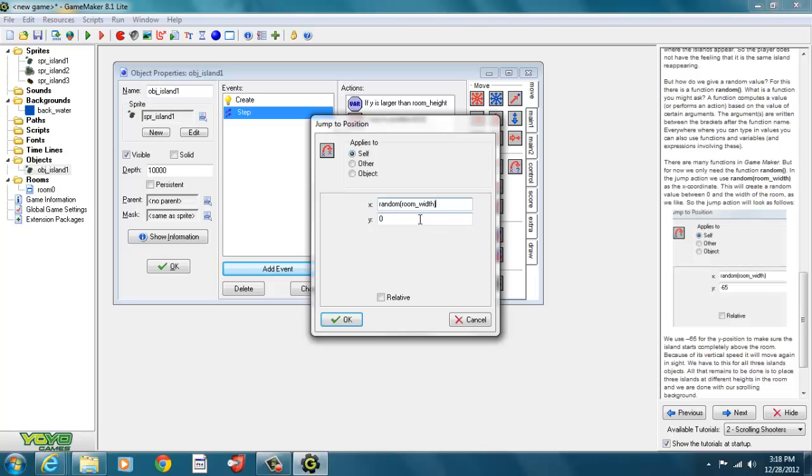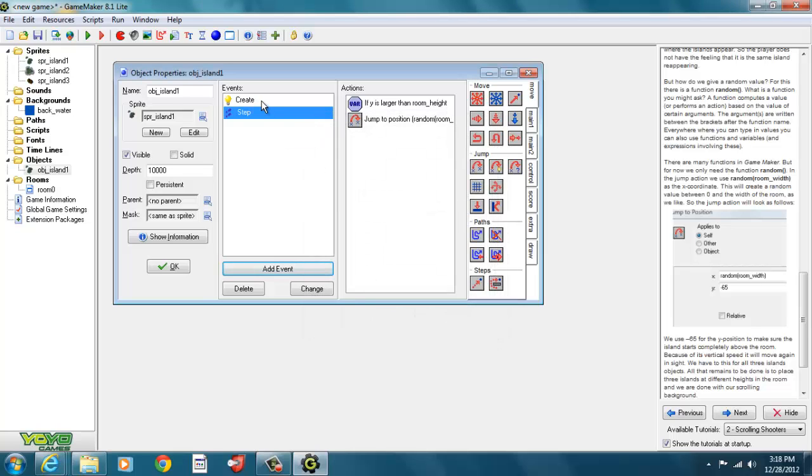And our y position, our vertical position, is going to be, if this is 0 and this is some number that's positive, that's larger, negative is anything above 0. So if we have negative 65, well, negative 65 is a position well above the top of our stage. So it'll reappear above our stage, but then it will continue to move downward at a speed of